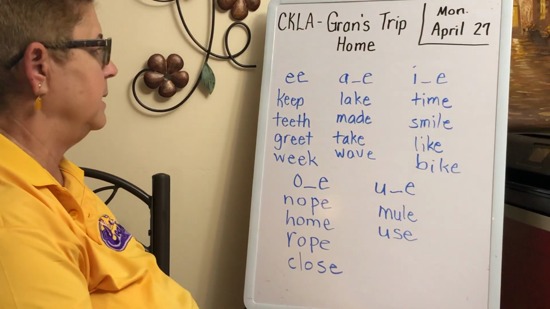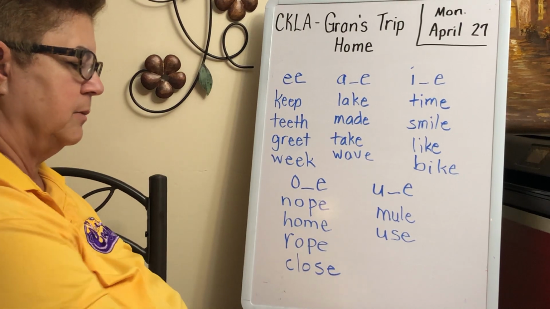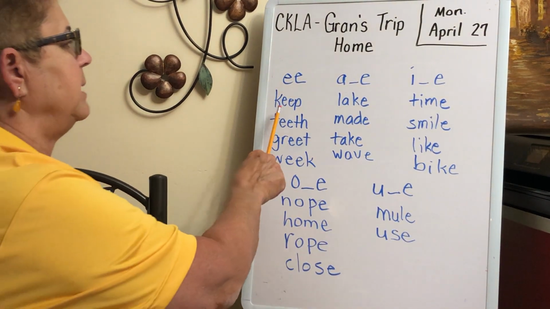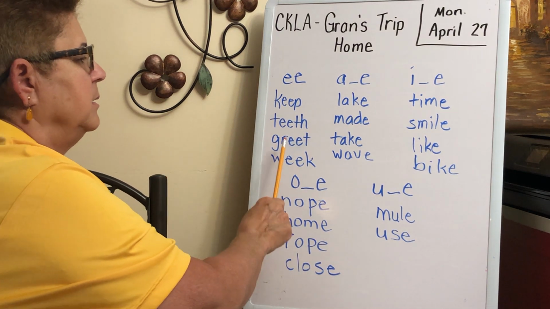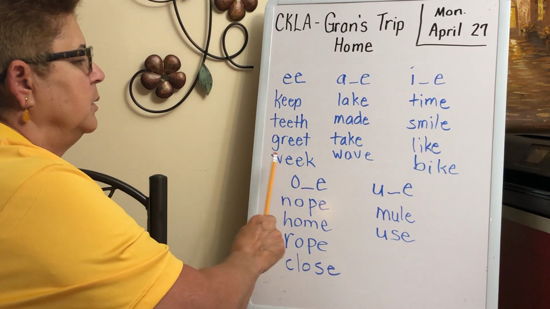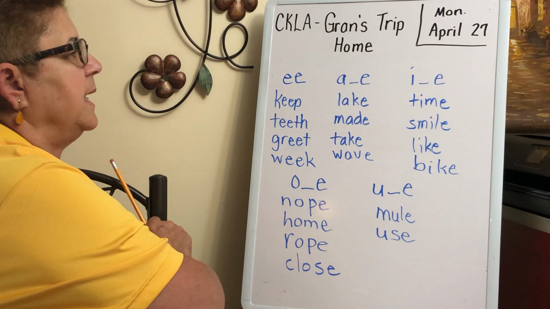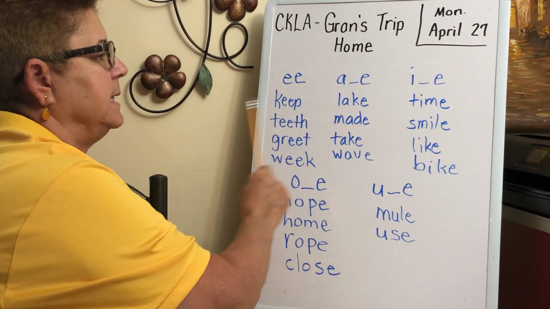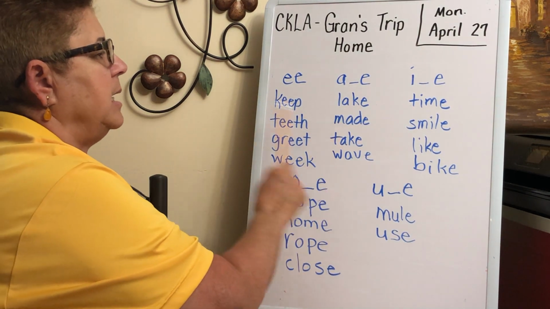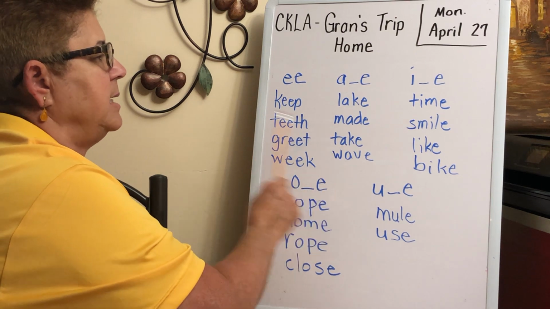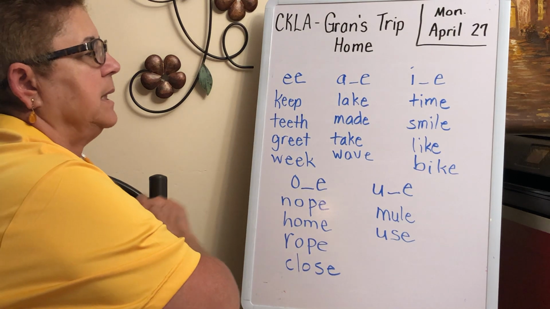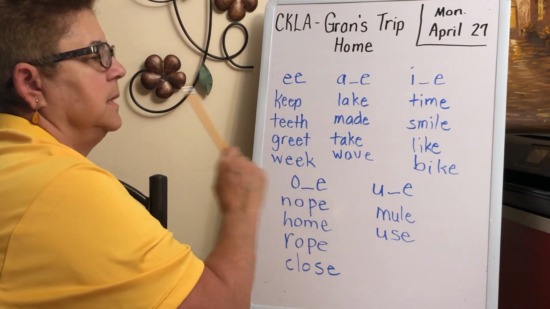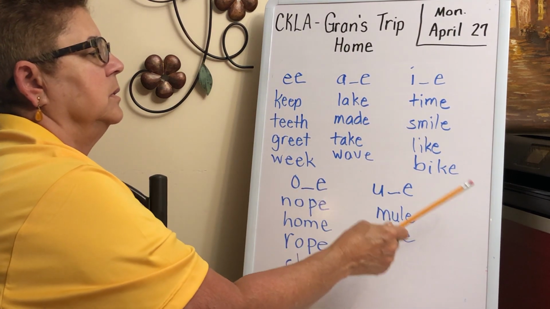For E, say E, repeat after me. Keep, teeth, greet, week. For A blank E, lake, made, take, wave. For I blank E, time, smile, like,